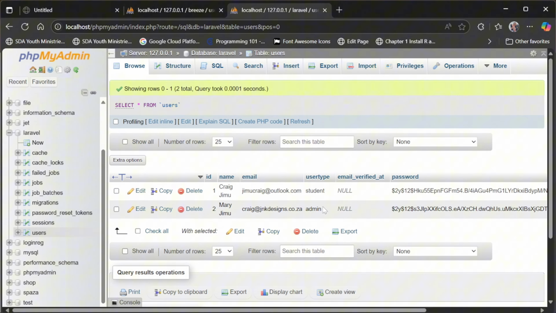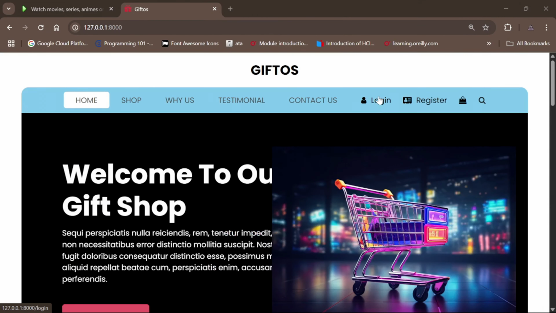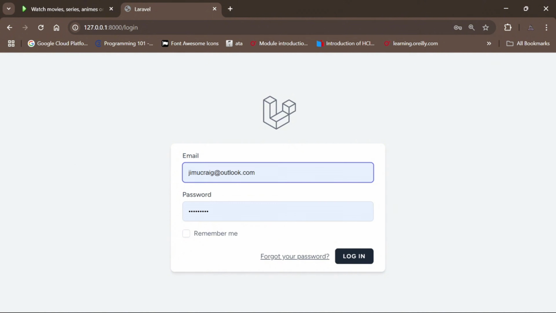So if I log in with the email address of Mary or Craig at JNK, I'll log in as an admin. If I log in with this one, I log in as a customer or a student, whichever you want to call it. Now, our login is utilizing the very same login that we had, whereby we've got this email address and